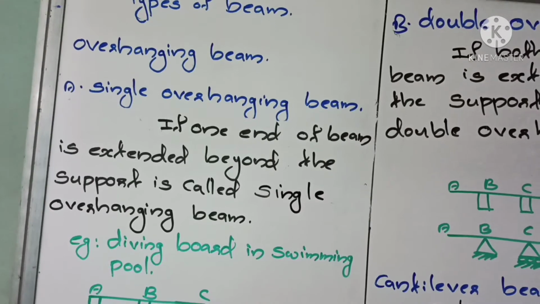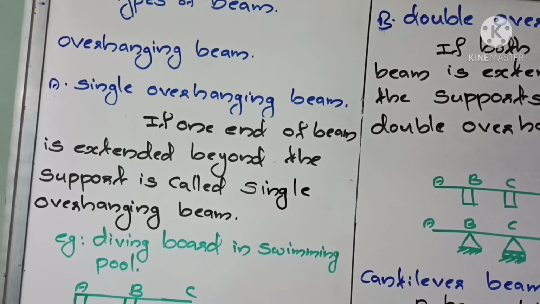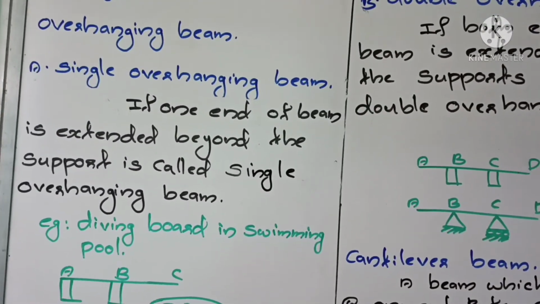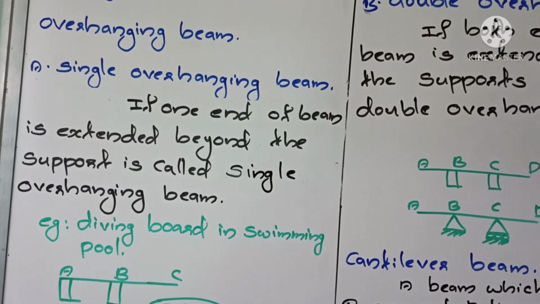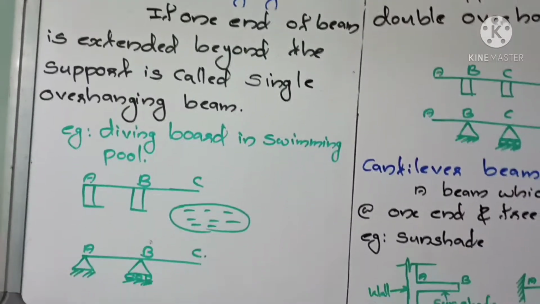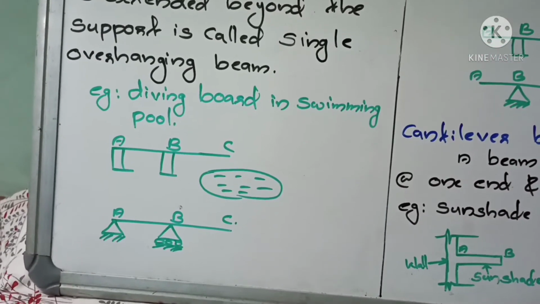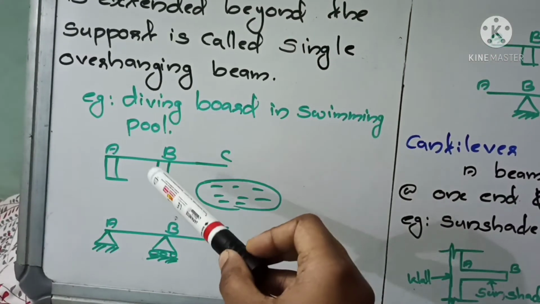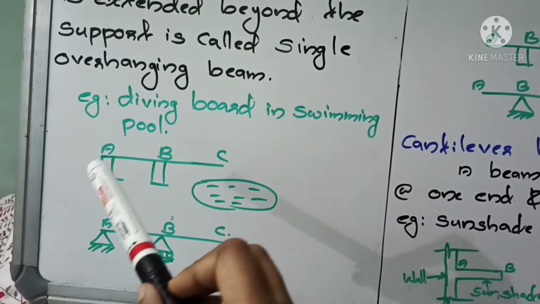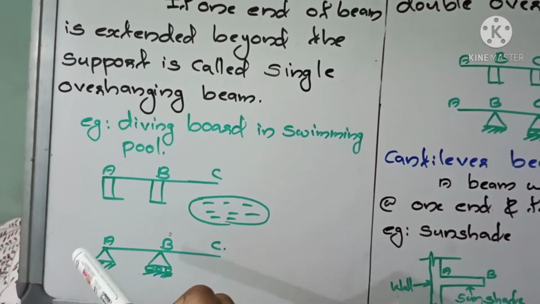Next one, overhanging beam. Overhanging beam are two types. First one, single overhanging beam and double overhanging beam. Single overhanging beam. If one end of beam is extended beyond the support, it is called single overhanging beam. Example, diving board in swimming pool. Here, this is the figure of diving board in swimming pool, and a single overhanging beam can be represented like